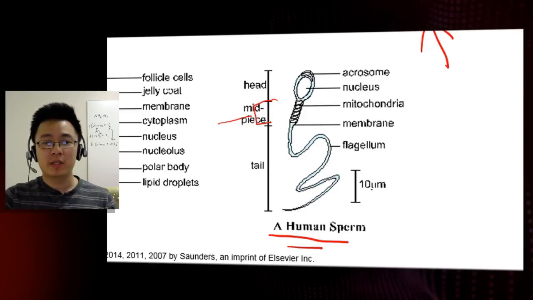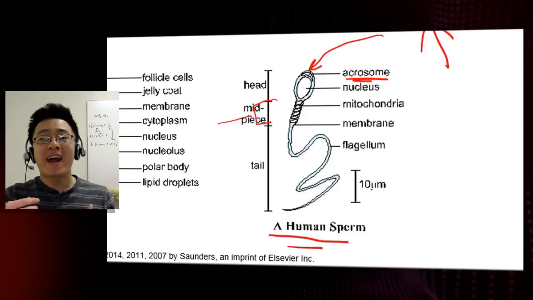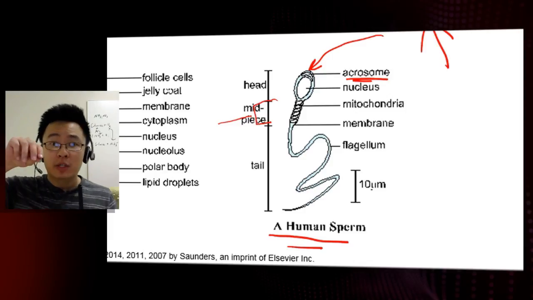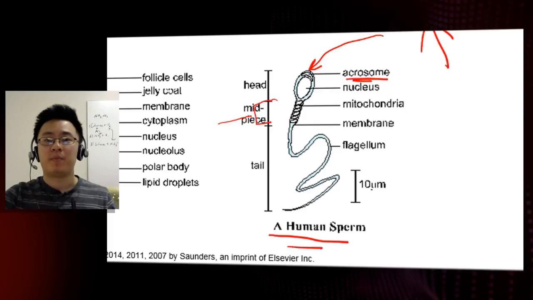Now, this sperm cell is significantly smaller compared to the egg cell, very small. And once the sperm cell hits the egg cell, it starts to burrow its way through those follicle cells and through that jelly coat. How it does so is that at the tip of the sperm cell are acrosomes, and these acrosomes are enzymes that allow the sperm to burrow its way in there.